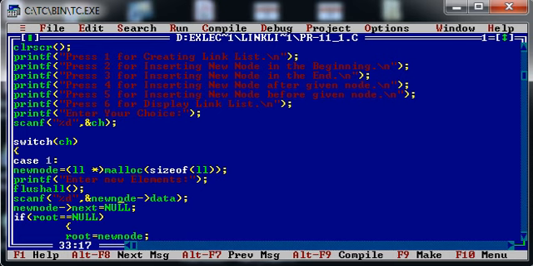So whenever I create a new node, initially I will assign the data to the data part of the newly created node, and I will assign null to the address part of the newly created node, because right now, initially, we don't know where this node is going to be placed. Fine.